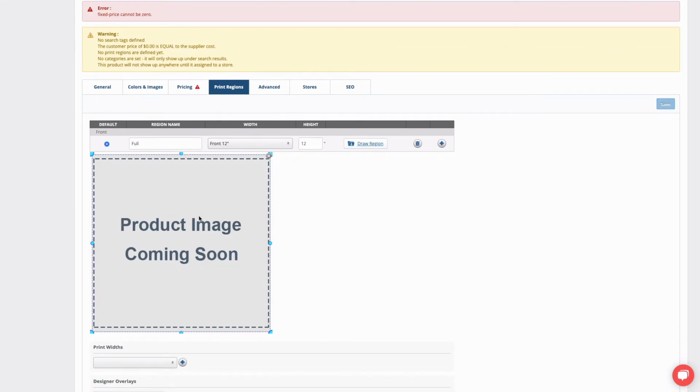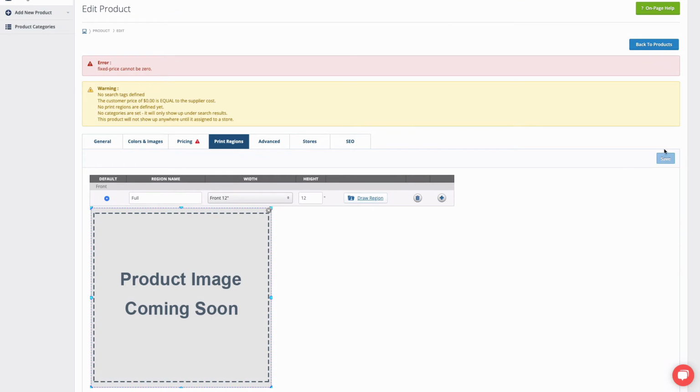So right now it's already set up like this, but when you open it up, it'll be a smaller square. The idea is that you're just going to expand it to the entire size of this product, the transparent image. That way later when we're putting the image on there, it will encompass the entire square. So it's pretty easy. If you're following along with me, you won't be able to save just yet because we